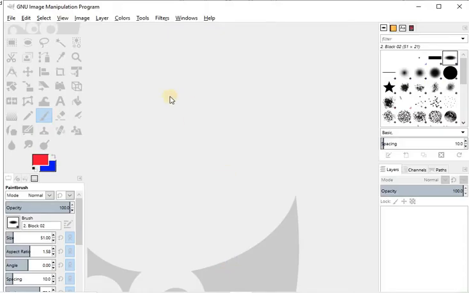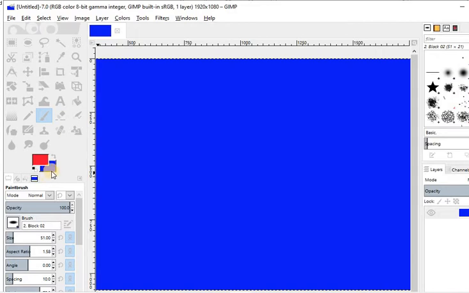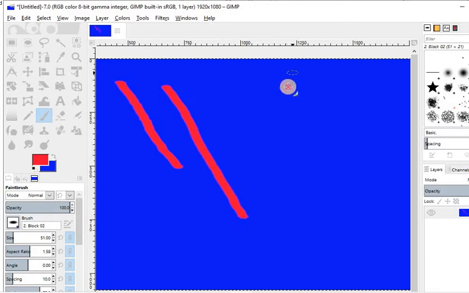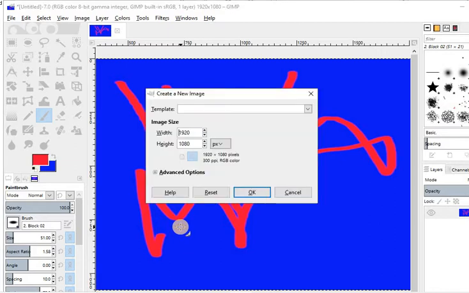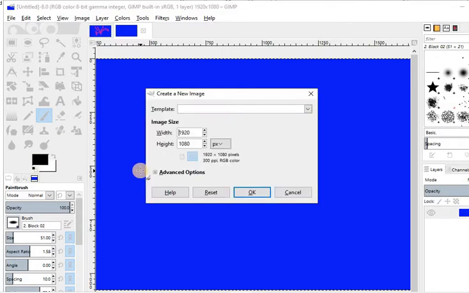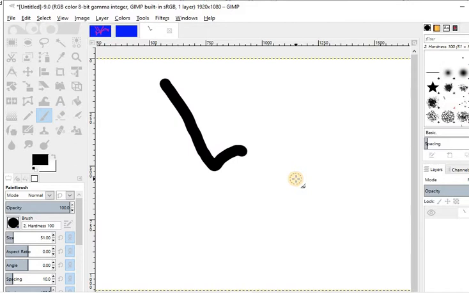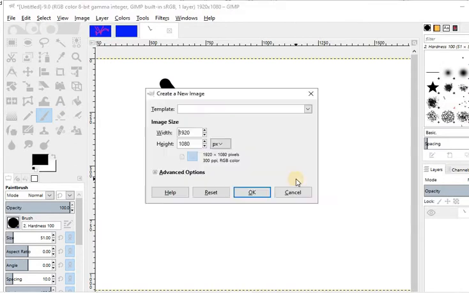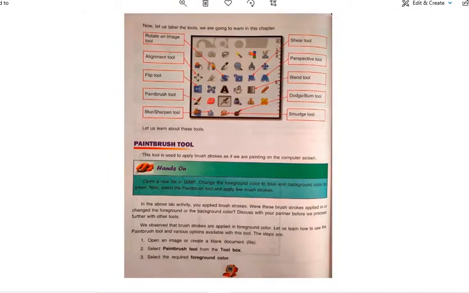See the practical. So we click on the new file. Okay, here is one new file. So see, the background color is blue and the foreground color is red. See what is happening here. So this is happening. Now we will just make it blank. See, a new blank color is here. So here first of all we will discuss all the concepts from this chapter, and then we'll come to the